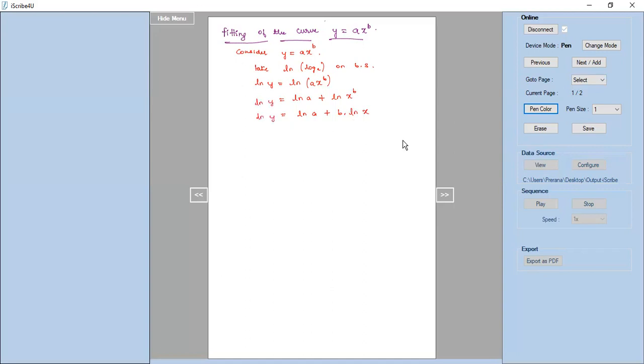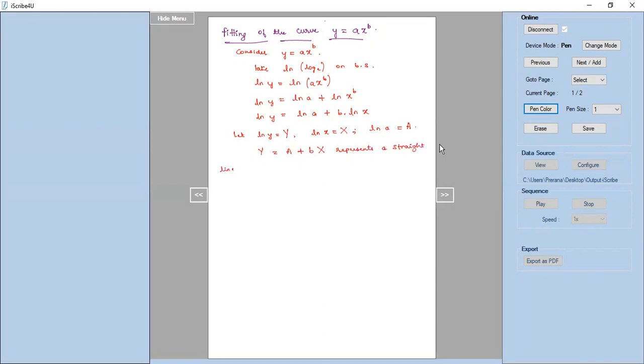Now for convenience we will represent log y as capital Y and log x as capital X. Let us also take the constant as well, log a is equal to capital A. I'm representing the same variables just in terms of capital letters, right? So we will be able to reduce and write it down as capital Y is equal to capital A plus small b into capital X. We observe that this represents a straight line.